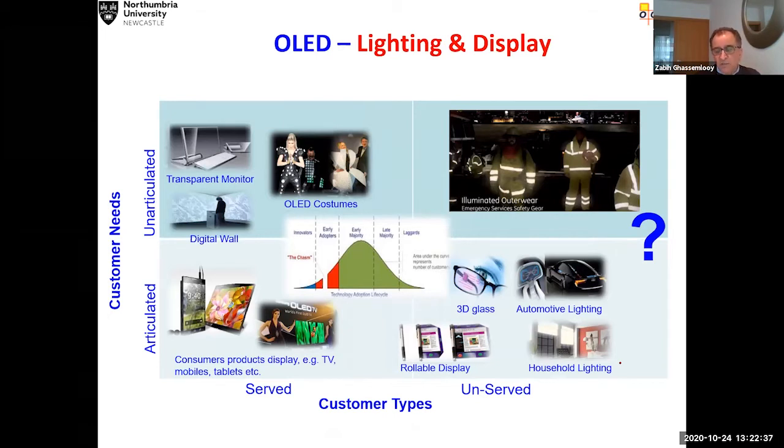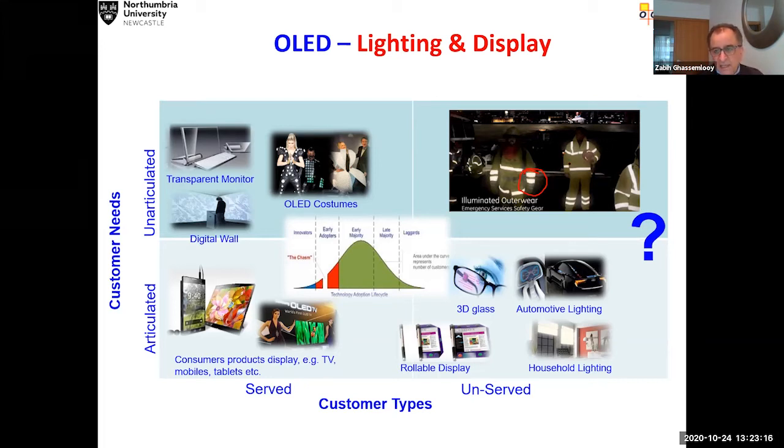Already, it is really moving into areas that we couldn't even imagine. Look at these clothes. These are not reflective. These are actually a light source. So imagine that the light source these firemen are wearing is not only giving you illumination, but also sending key safety-related data to the control module or command and control center. So the light within the clothes of these guys is acting as a transmitter. And that is why it is so wonderful.